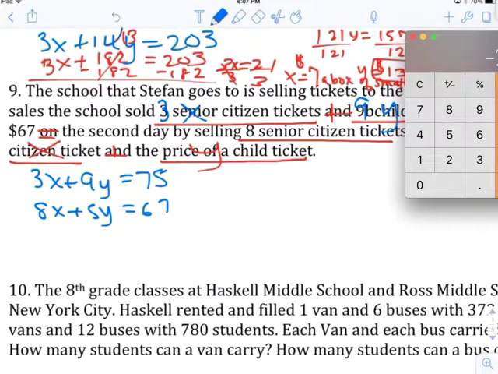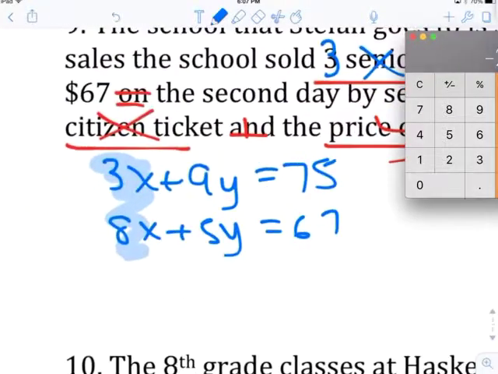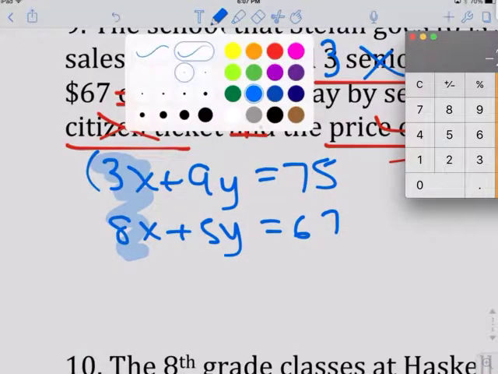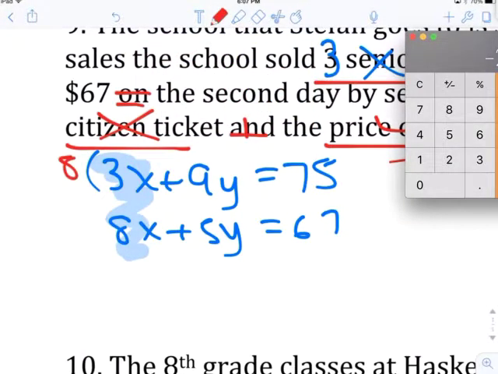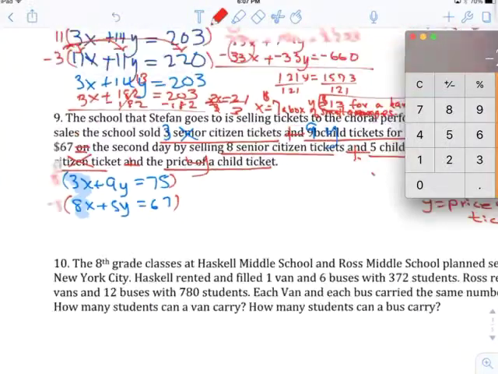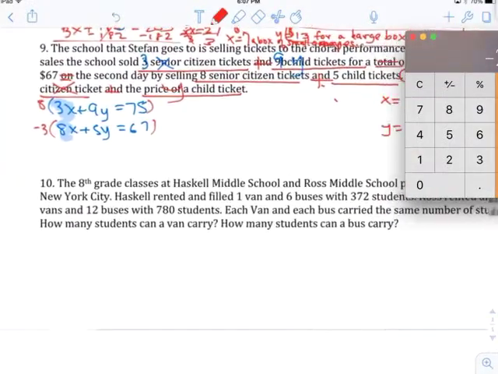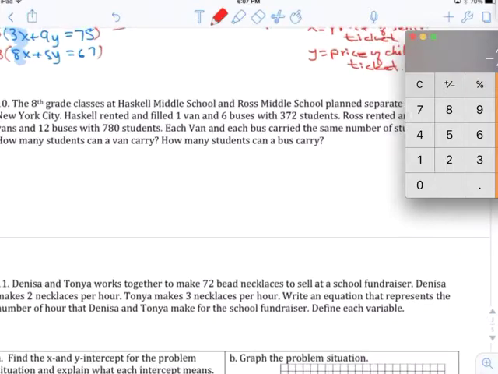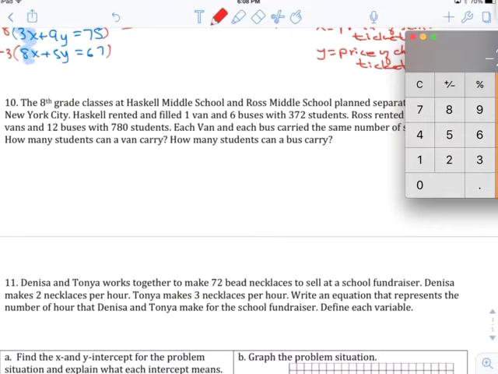Okay, you need to multiply. We'll make 24 here. 3 times what makes 24? 3 times 8 makes 24. Then I need to multiply this by negative 3. Negative 3 times 8 is negative 24. Multiply it through all, and use elimination like this one. And same here, we did number 10 in class. But just in case you missed it,